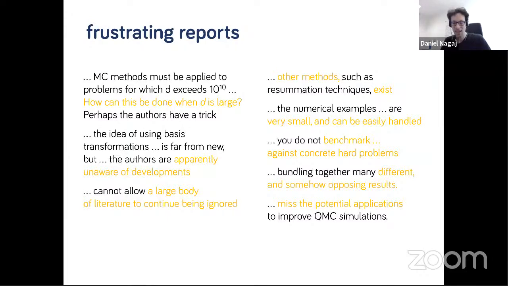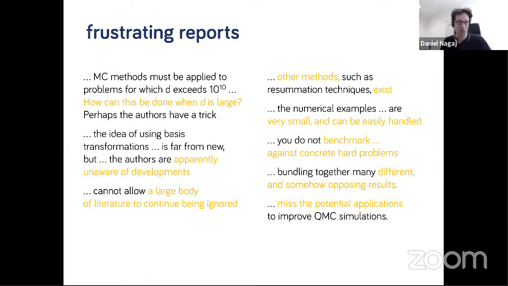Then we have dipped our toe into a huge area of numerical people that live by quantum Monte Carlo. And that means that we really are unaware of many developments and cannot possibly cite the tons and tons of papers that people would love to be citing. So that means that you just have to be lucky with the referees so that you cite the things that they want to be cited, because you cannot cite everything. And there really is a large body of literature that we need to learn and to understand of what's been happening recently. But it doesn't mean that what we are doing is obsolete or not doing anything new.